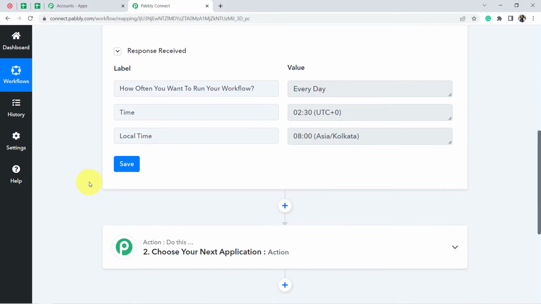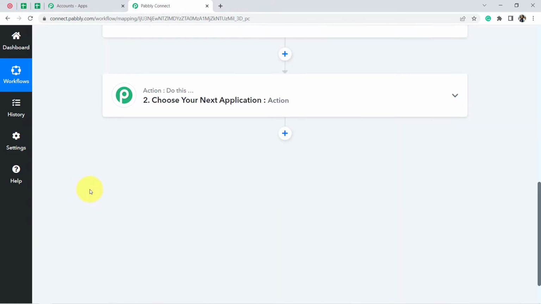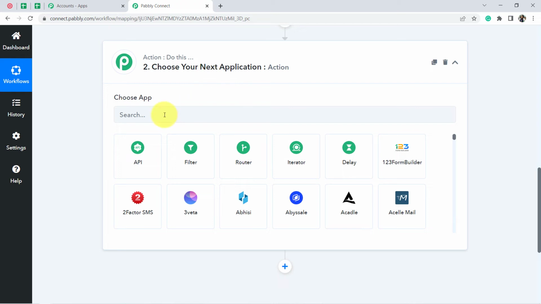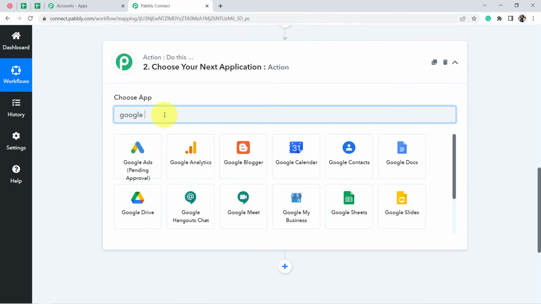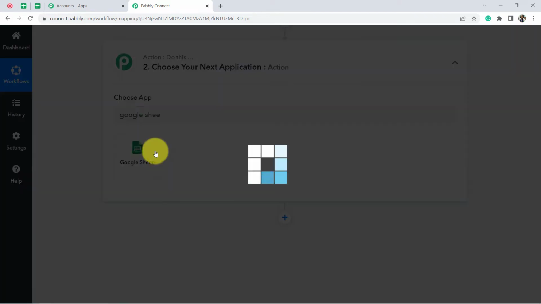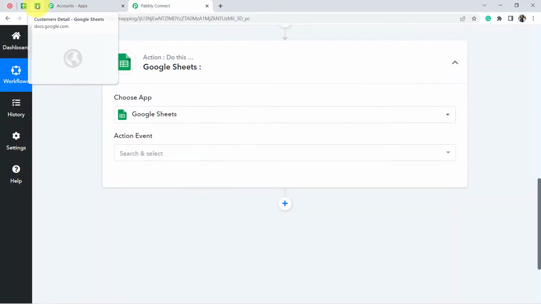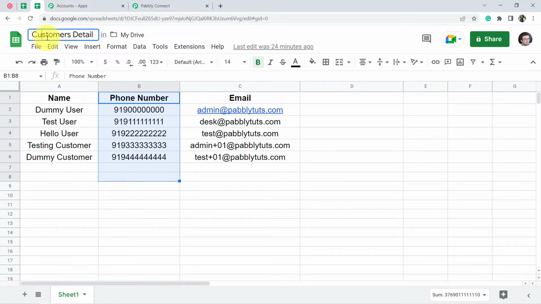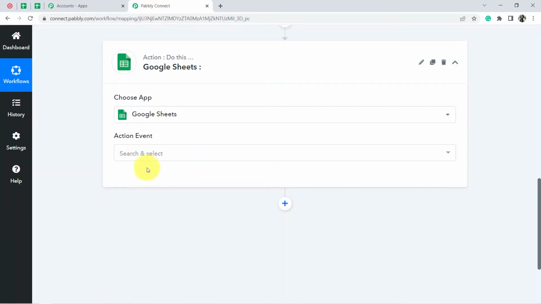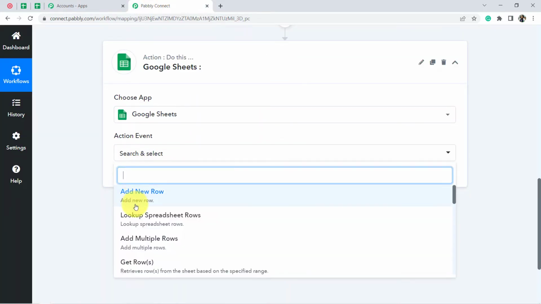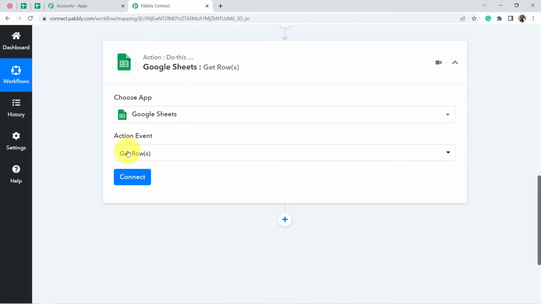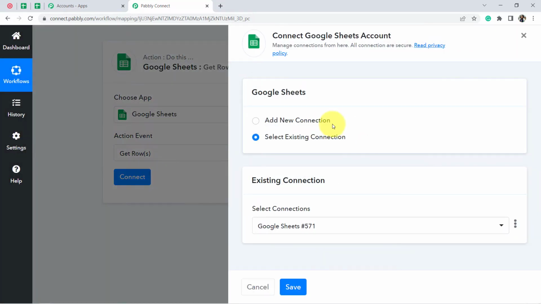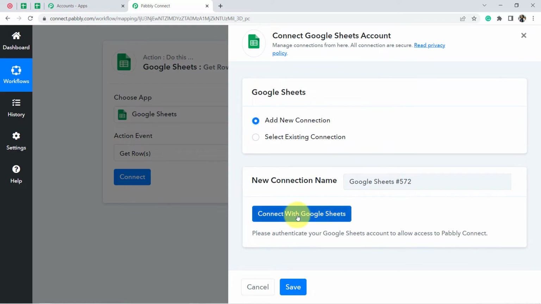Now I am going to select Google Sheets as my first application, basically the second application. So select Google Sheets here, and firstly I'm going to connect this particular sheet, the customer details sheet. When I connect this sheet with Pabbly Connect, the details of the users will be captured here. Click on connect, click on add new connection, click on connect with Google Sheets,